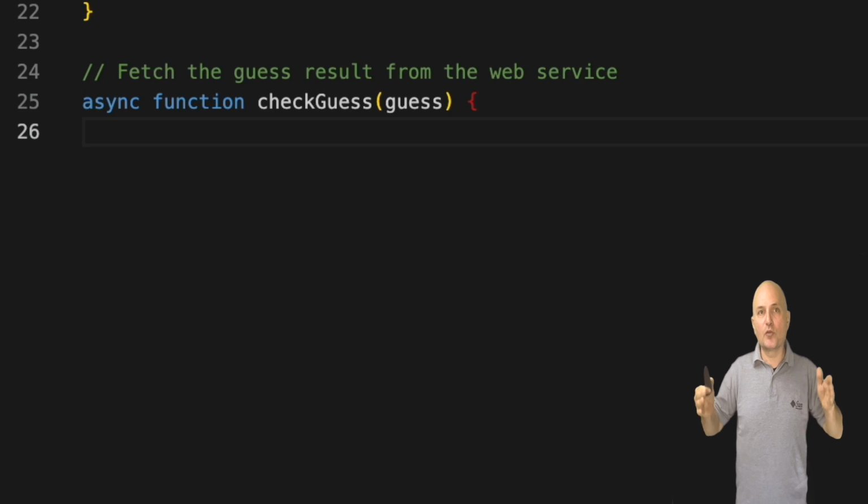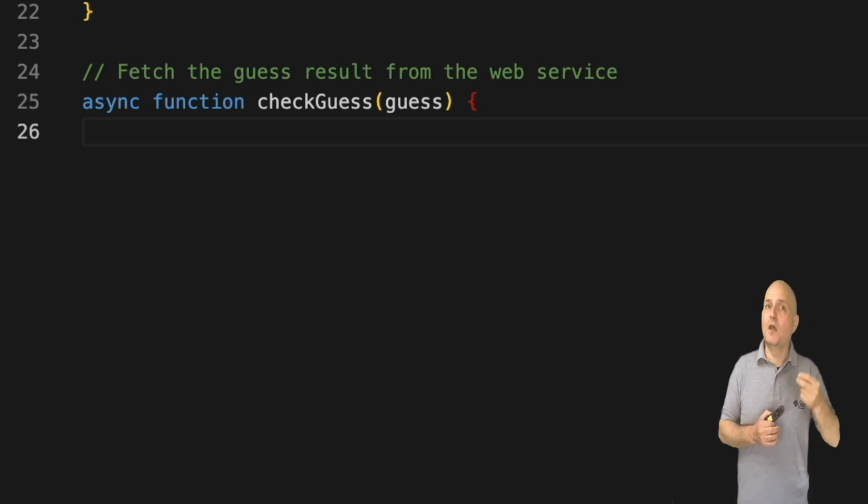Computers can run more than one thing at once. In Java, we use threads for that. I will cover that later. But for JavaScript, we can perform tasks asynchronously. That means that this function will run in the background and return its result when we're ready for it. We will see that return soon enough.